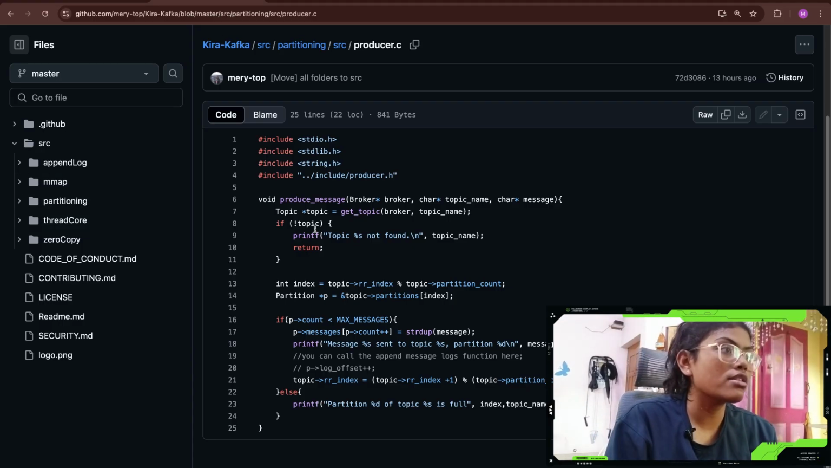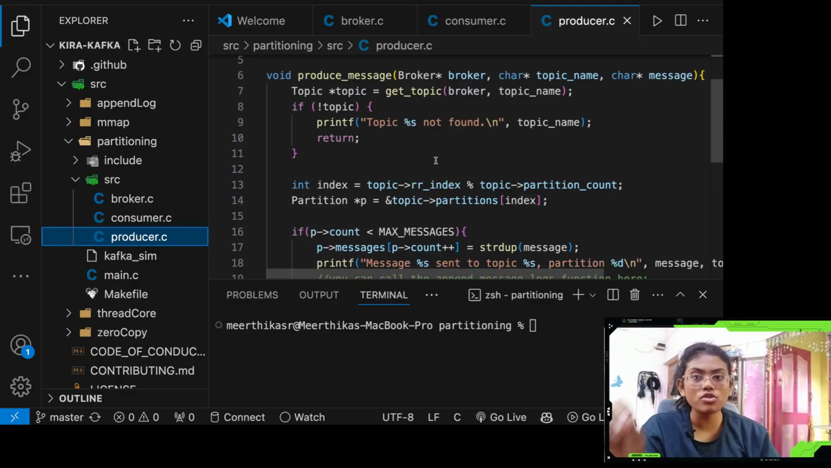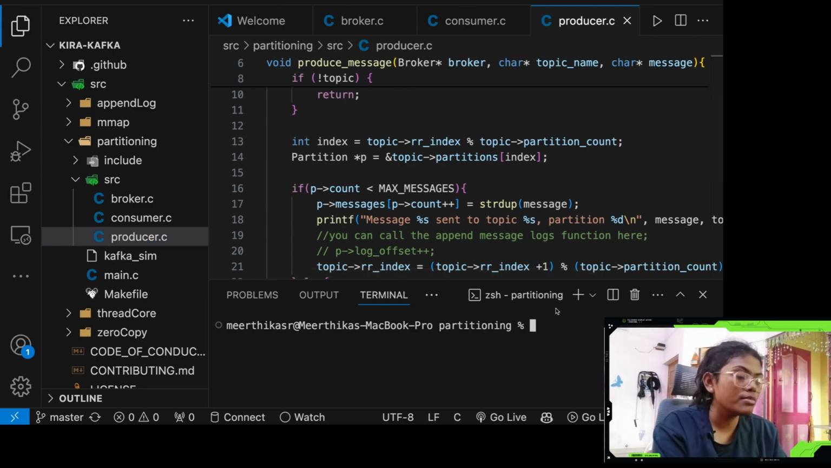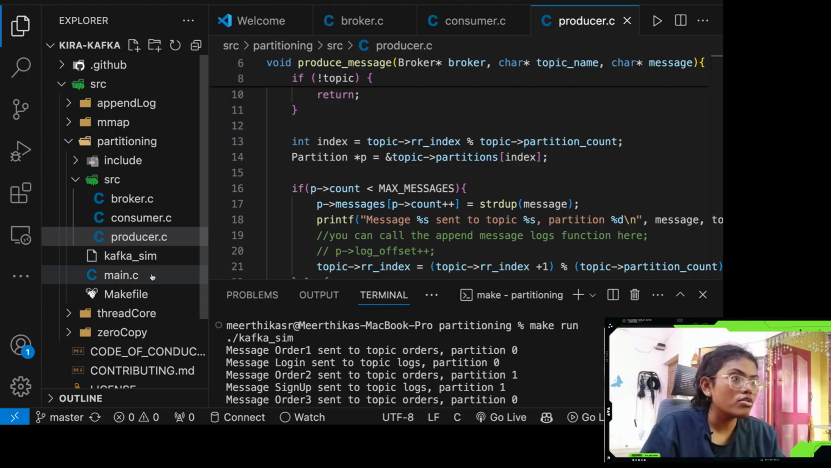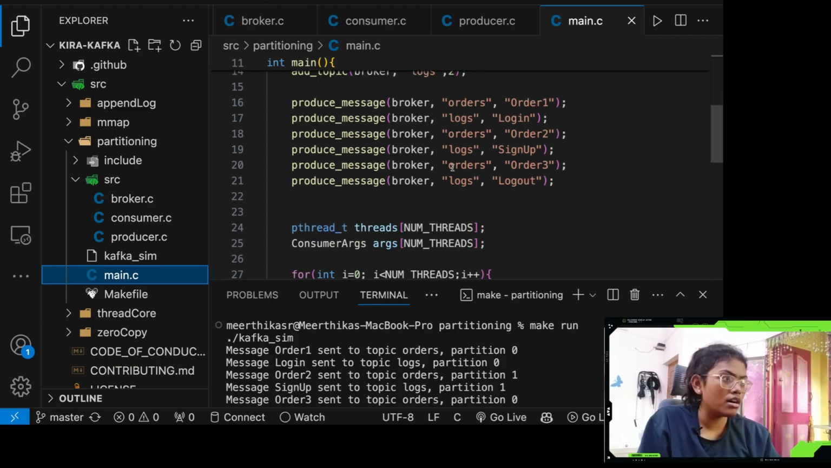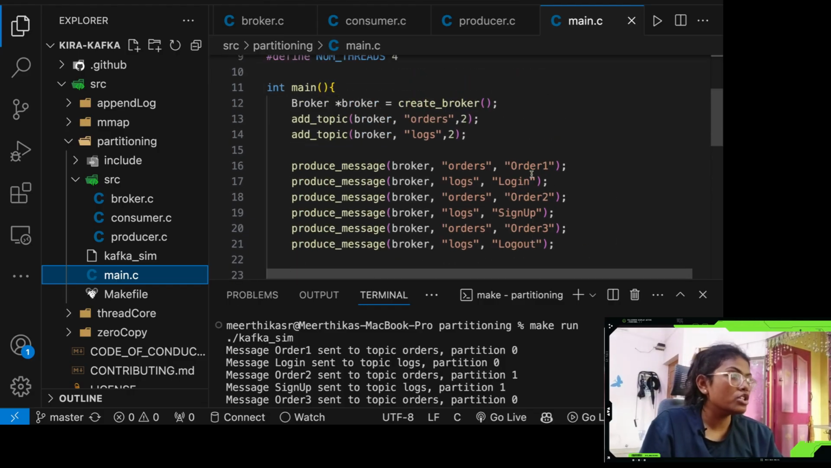I think it would be better if I run this one. Guys, this is super simple. If you just skim read all the code lines, you can easily get to know what I'm doing. Let me just run this partitioning to show you how it works. So let's go to the main file. I'm basically creating 4 threads for running each of the consumer messages. The producer is going to produce the message, and the consumer thread is going to get the message from all the producers. I'm going to create 2 brokers,